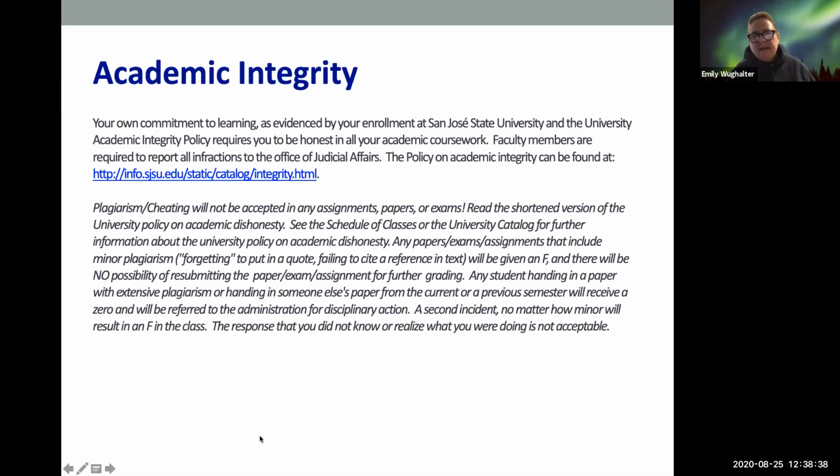Academic integrity, I will talk about at another time, but I want you to know that I am very serious about this. I have had incidents with academic integrity. The university policy is that we must report it.